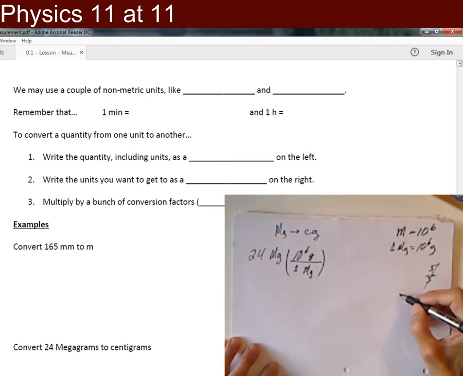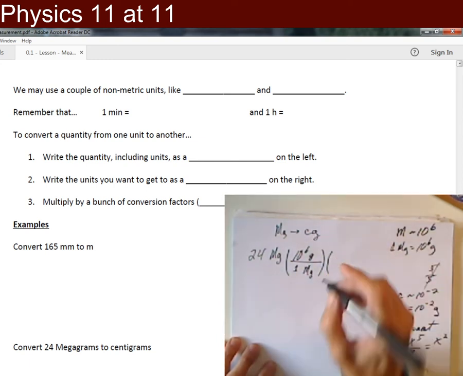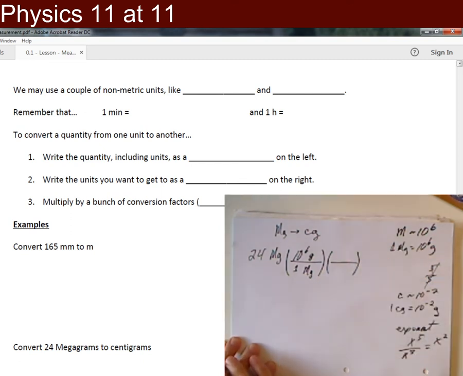Fortunately, I remember that centi is related to 10 to the negative 2. So in other words, 1 centigram is going to be the same as 10 to the negative 2 grams. So what you need are the exponent rules from before, because we're going to have some exponents showing up when we do this work. So remember, when terms are divided, the exponents are subtracted. But getting ahead of ourselves a little bit. Let's put the conversion